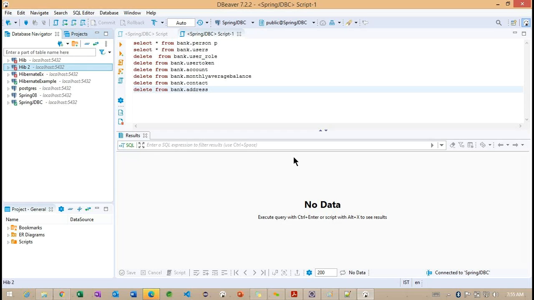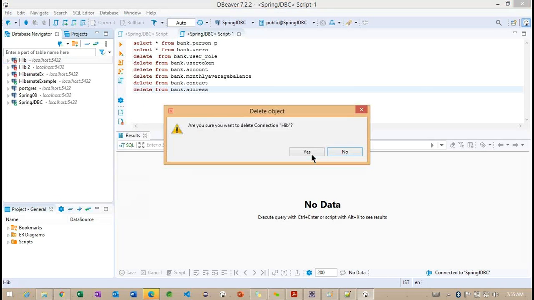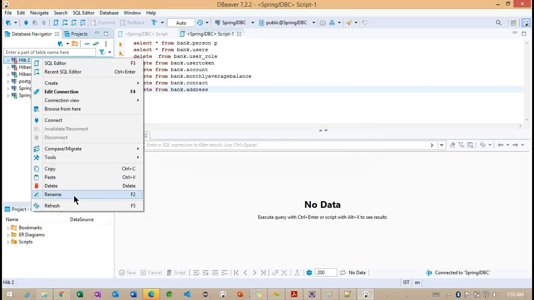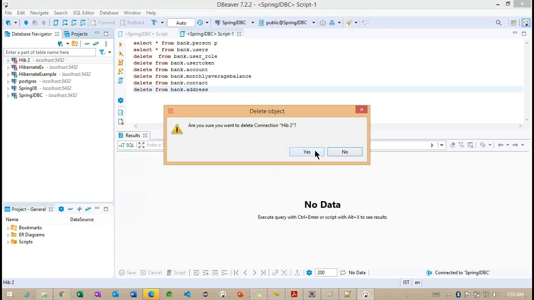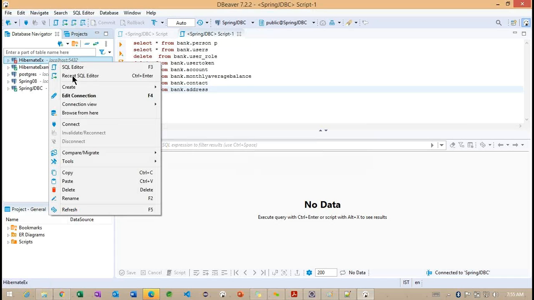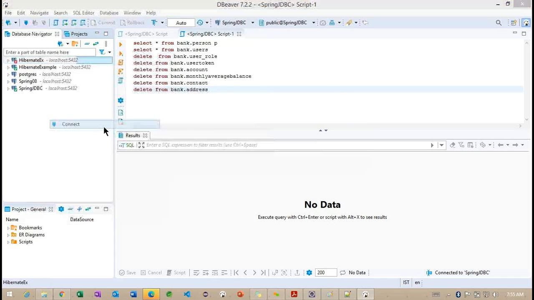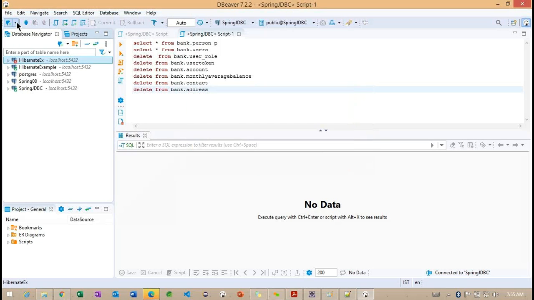One second, I want to create a new database. So I'm not creating it. Connect to Hibernate, it does not exist.